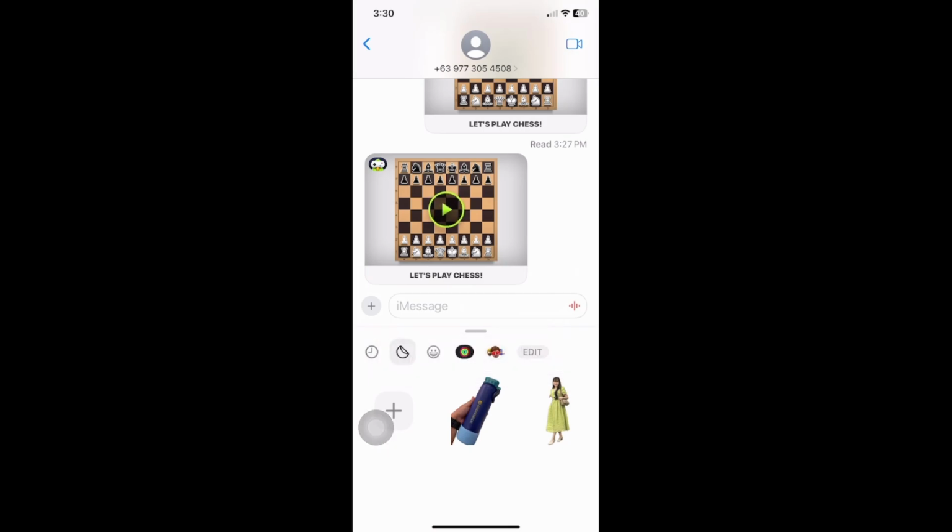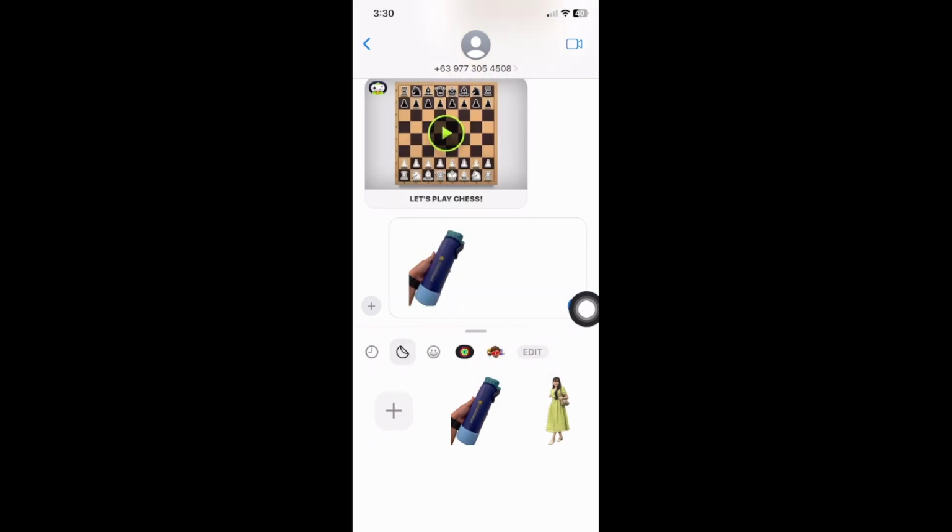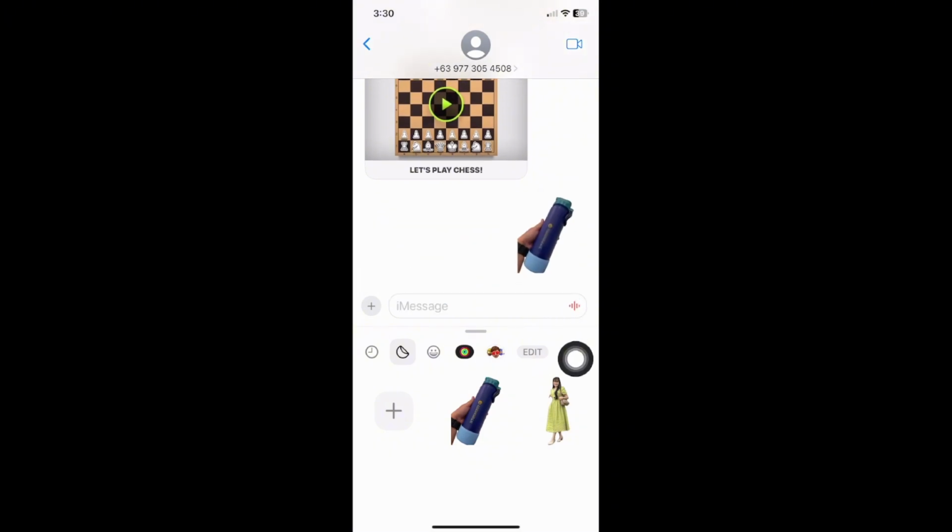So all you got to do is just tap on it and it will be sent by just confirming right here to send it. There you go. That's how simple it is